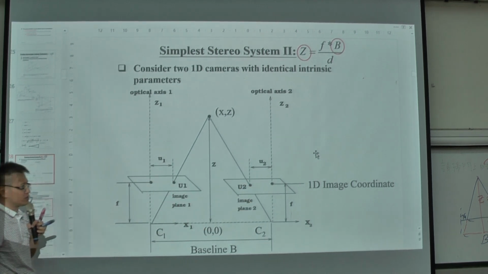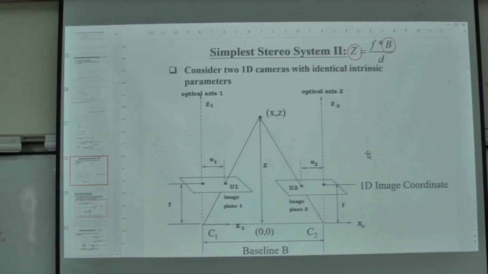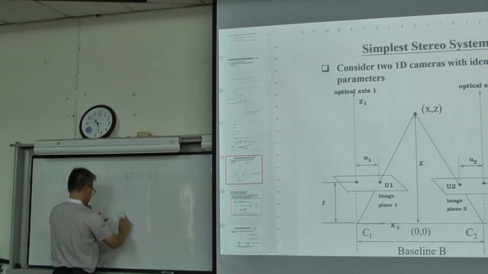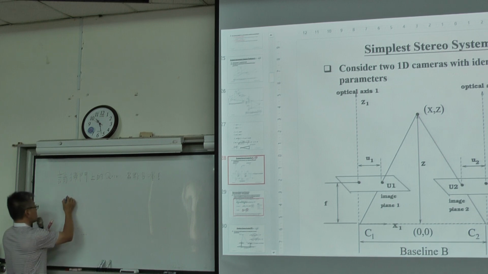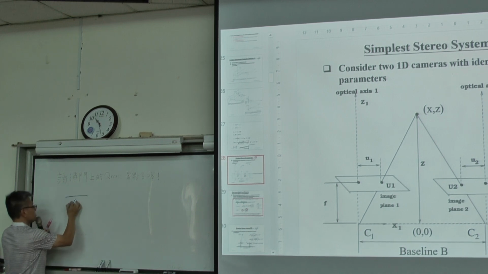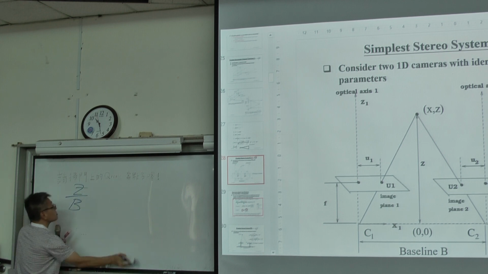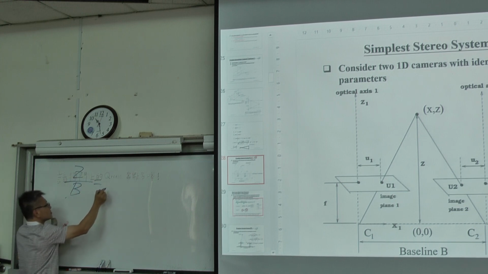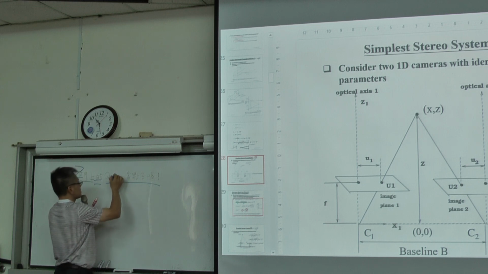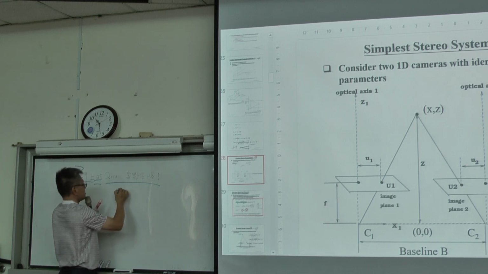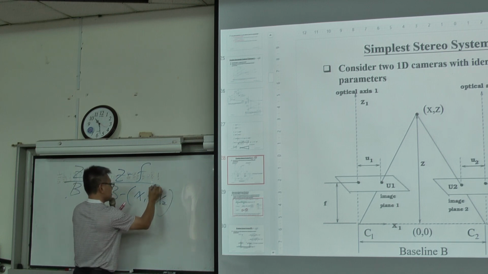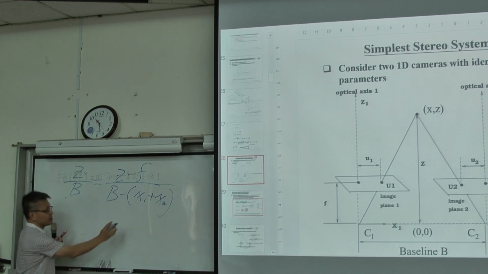The distance x1 plus x2. 我再重写。Next page. 这是不是向量，是真的距离啊。